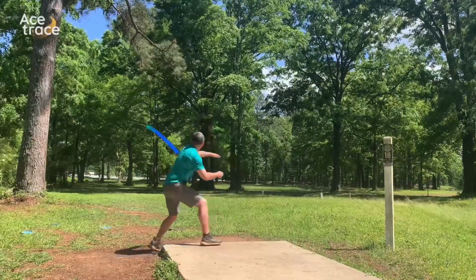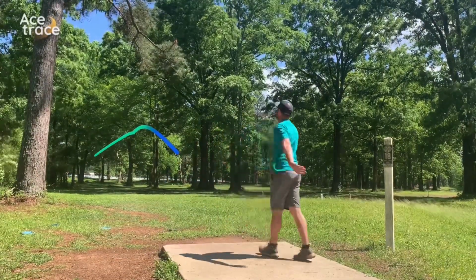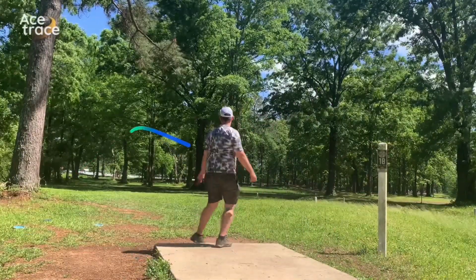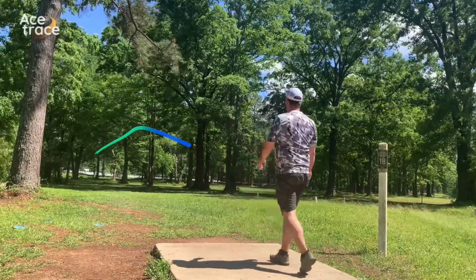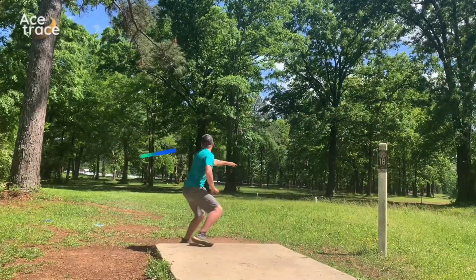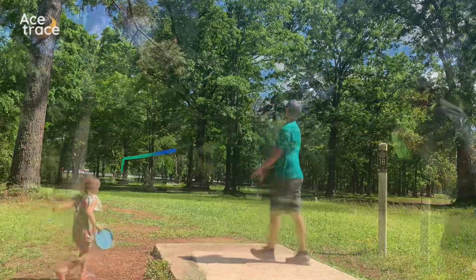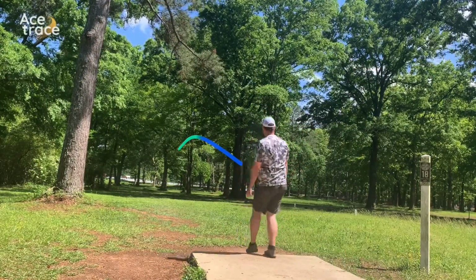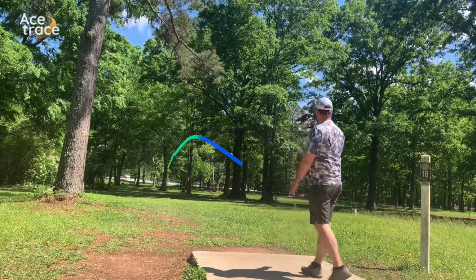And this is my buddy Zach. He's throwing some of his Falks. That's a more overstable one. And that's my K1 Falk. And he's throwing a little bit flippier one here that was beautiful, but clips that tree. And here's the Mantra. And I think that was a really good line. It turned a little bit more in the hyzer than I thought, and hits that tree right there and falls